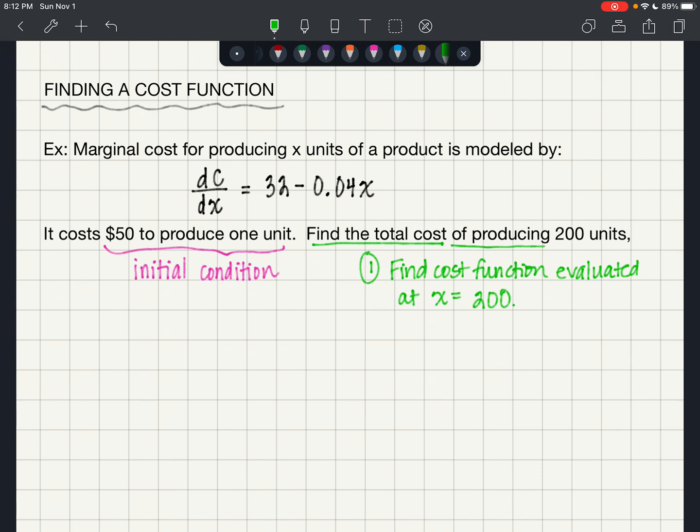So that's what this part means right here. So let's get started. Our first step is to integrate, to go backwards, integrate dC/dx, to go backwards,